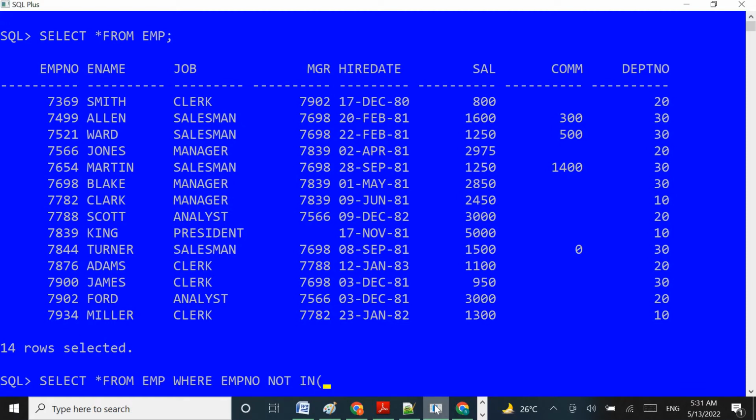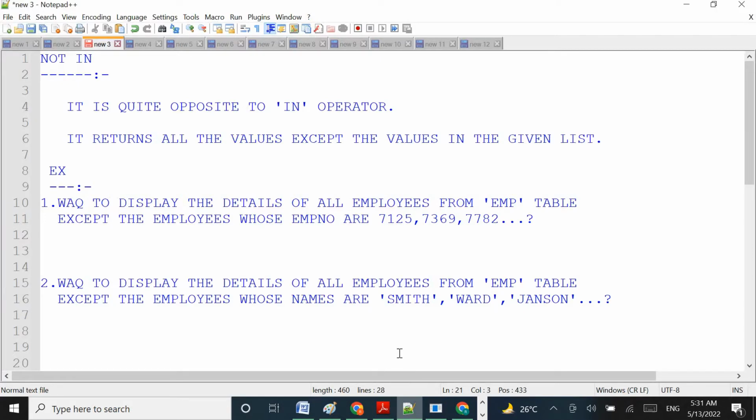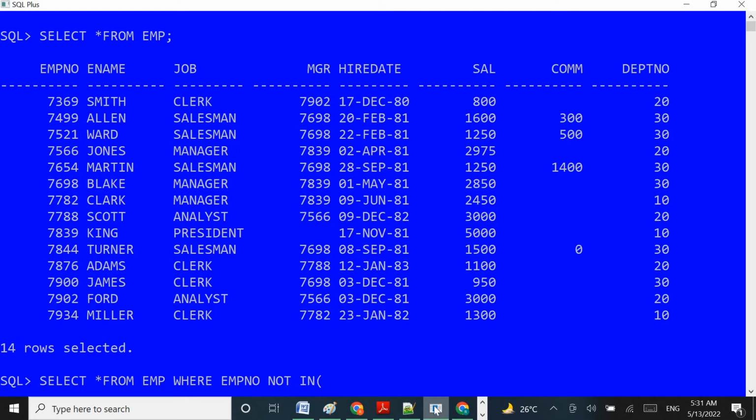and I am mentioning whatever condition he asked in the question: except the employees whose employee numbers are 7125, 7369, 7782. I need to mention these EMP numbers in the brackets to avoid their records in the output. I am going to give the numbers here: 7125, 7369 and 7782. So if I run this query,